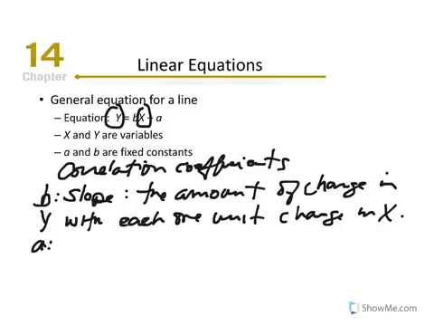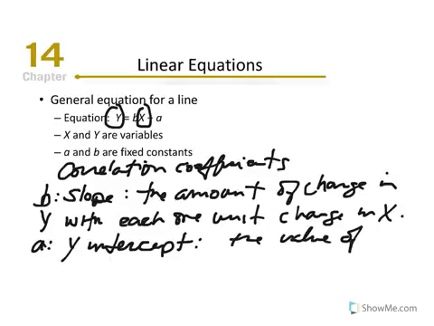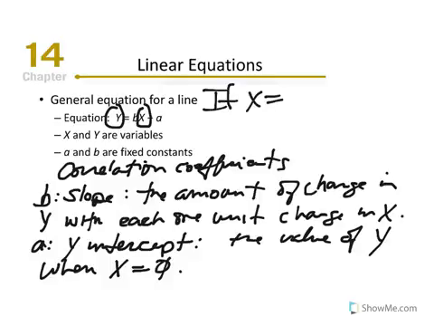And a represents the y-intercept, which we understand to be defined as the value of y when x is equal to 0. Once we say those are fixed constants, the correlation coefficients, because once we solve for the y-intercept and the slope, a and b in this equation, we can make predictions of y all day long given the value of x. In other words, we can say if x is equal to 1, then y